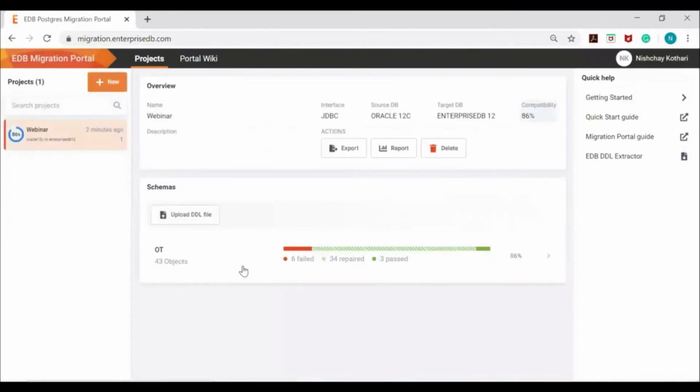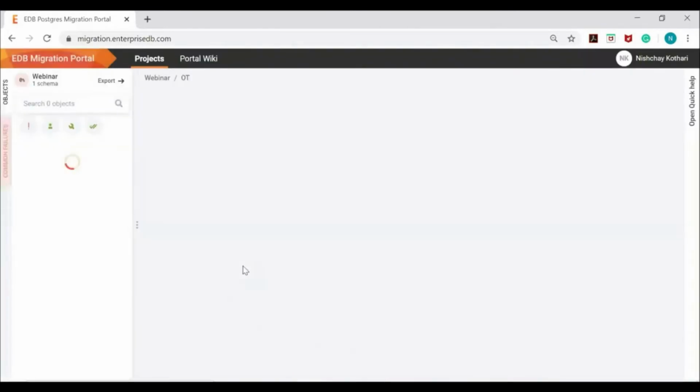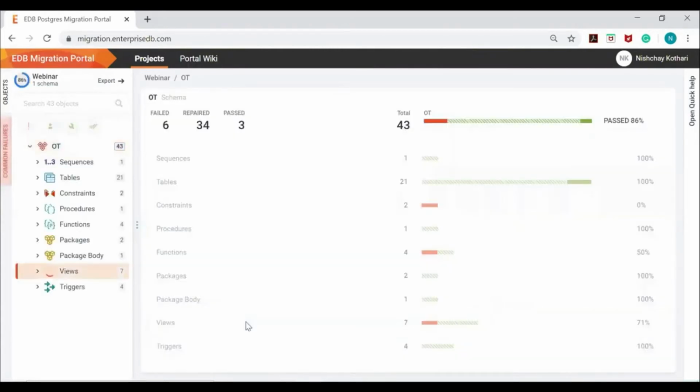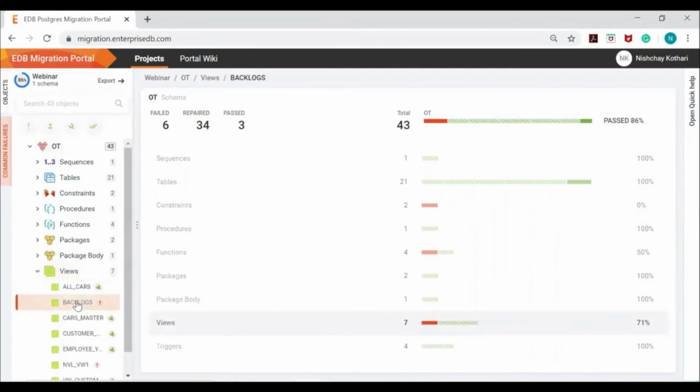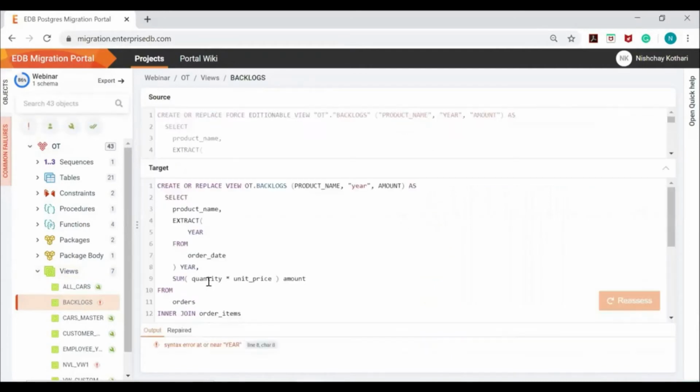You can click here. Let's fix the first view, this one, backlog. Here you can see that the error is a syntax error near here.